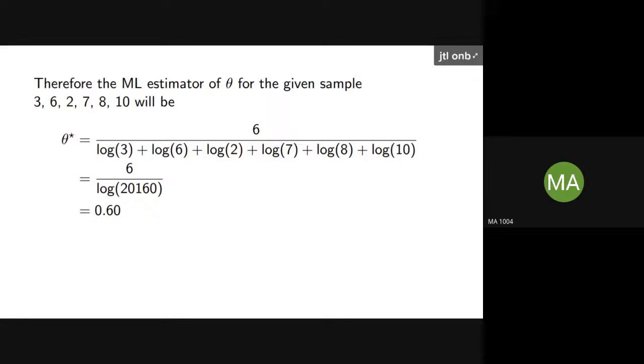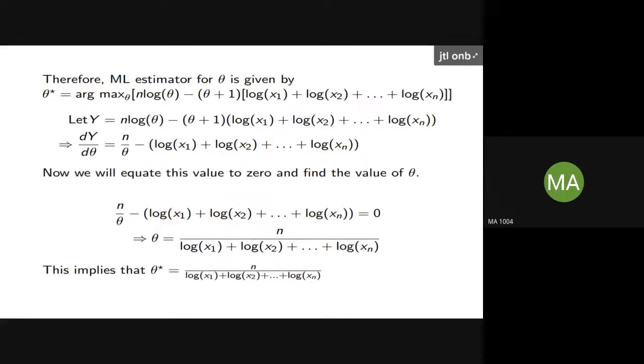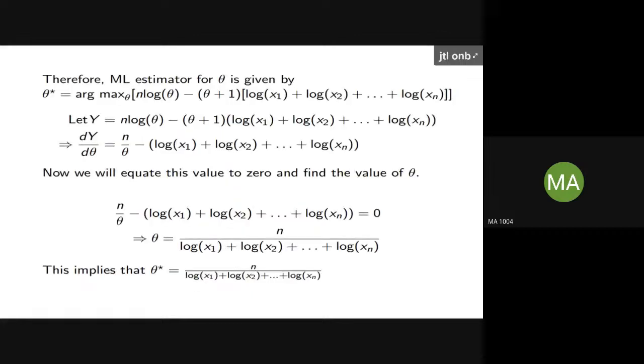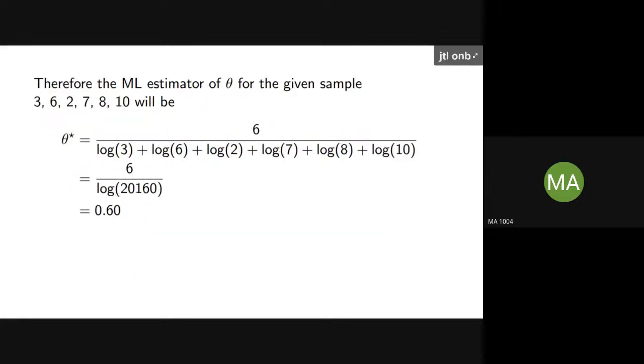So yeah, on this slide, if you are not okay with x1, x2 to xn throughout the computation, here itself you can substitute the values. So whatever values are given to us for the small x1, x2 and xn, you simply substitute them and deal with only theta. Then you will get, and ultimately we are going to get 0.60.